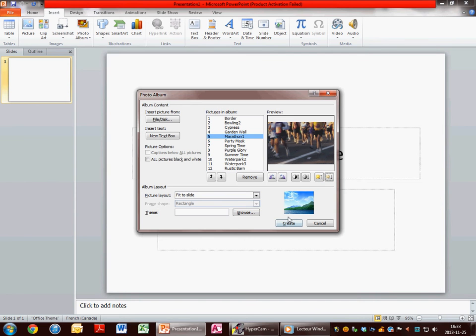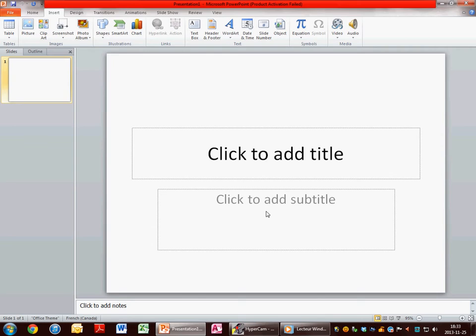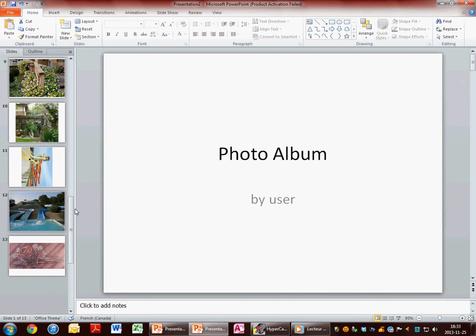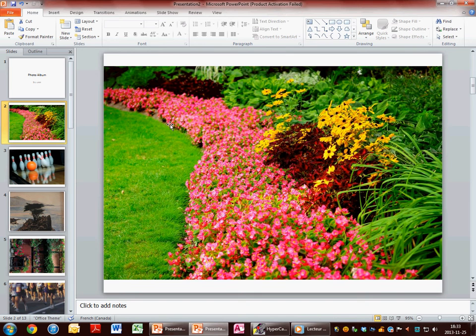So it's pretty cool because once you created it, all your pictures appear one per page, and it's really nice. Like I said, it's not that useful in my future career, but it's something I learned about Microsoft PowerPoint in this course. In daily life it can be useful for special events, or just to present pictures.